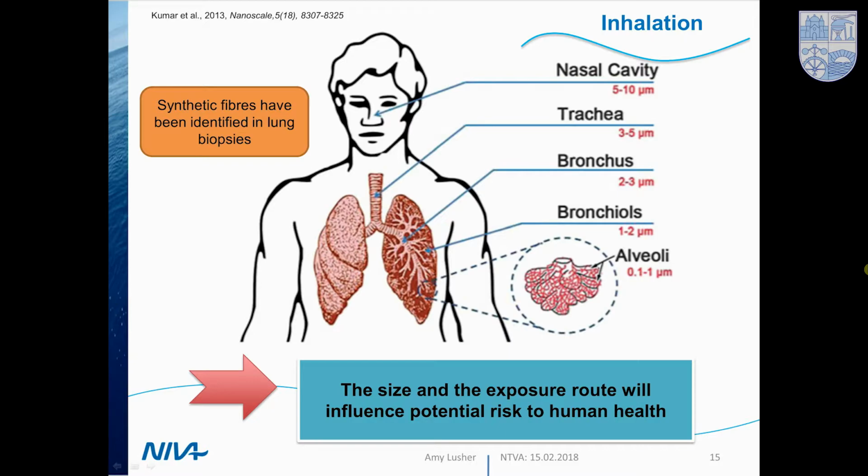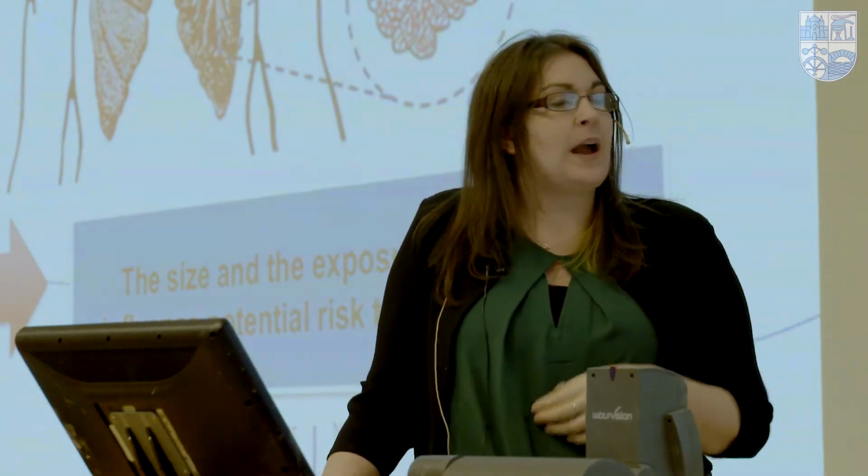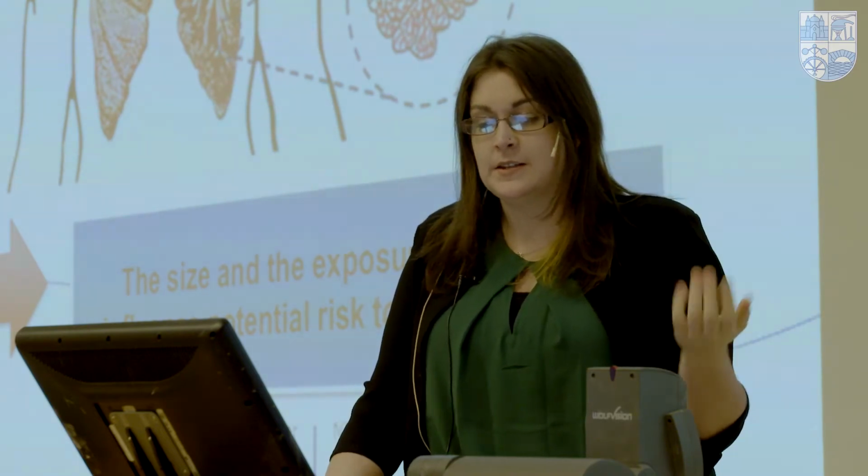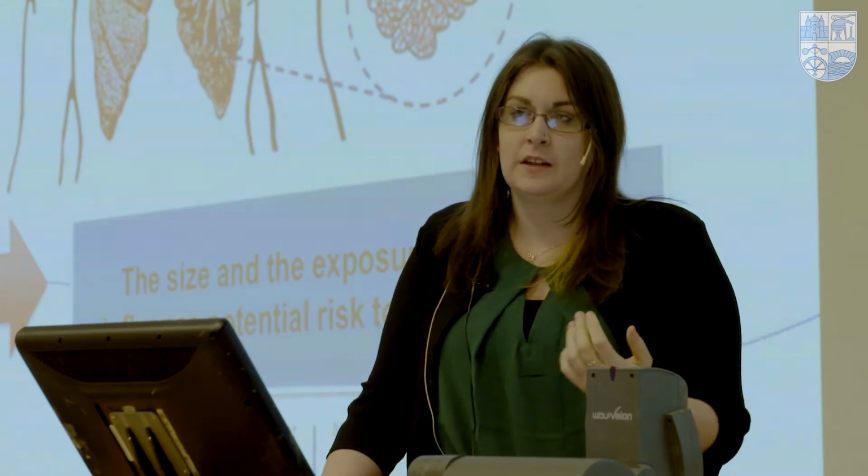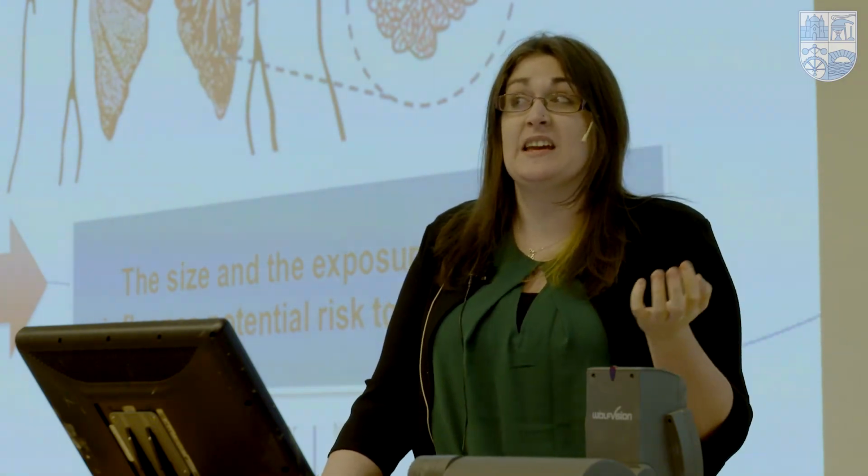I have not done human biology for a long time, but this boundary is so close that anything less than 1 micron could reach the cell boundary where they can interact. So we're looking at nanoplastics by this point. The microplastics have a limited route through the body. It's going to be the nanos. As Andy highlighted earlier with Brian, it's the size and the exposure route that is more important, and the smaller we get, the greater the potential to have an effect.